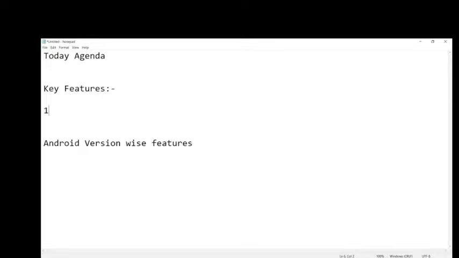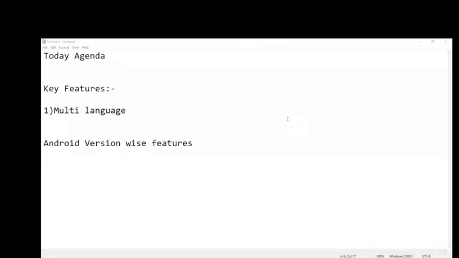So first we'll start from one. I'll start with the basic features. First, it supports multi-language. So what is multi-language? Simply, an Android phone can support multiple languages. For example, you can take WhatsApp.